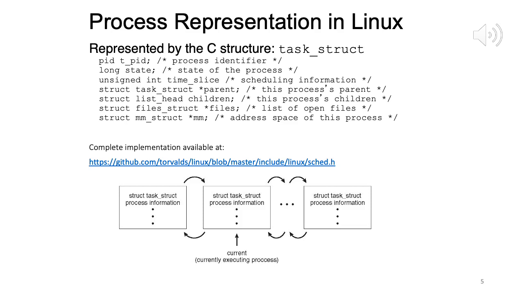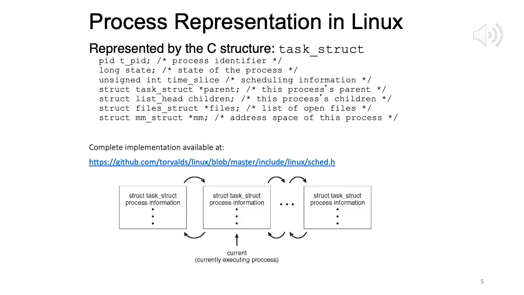So as you can see below in this slide, you have a bunch of PCBs which are connected together, each corresponding to a process. So for example, this could be a process Q, and then one of the processes is marked as currently running, for whom the state is running.